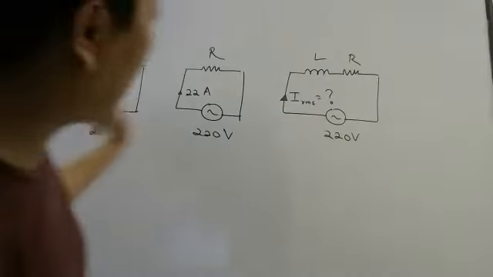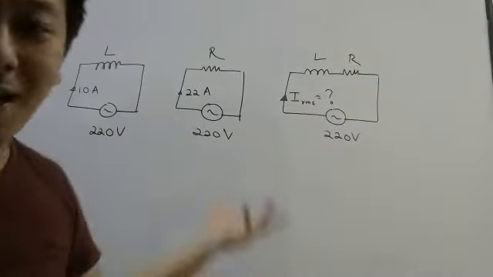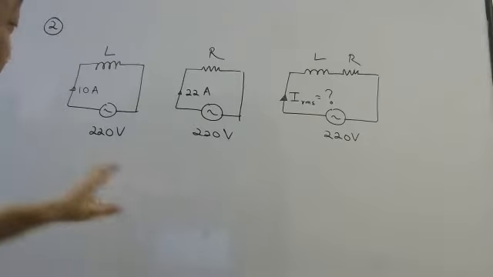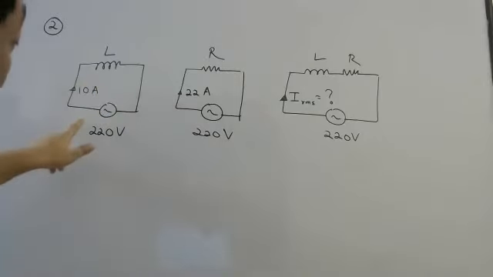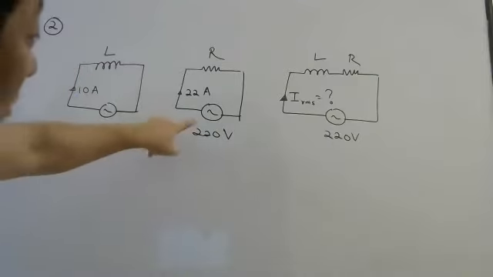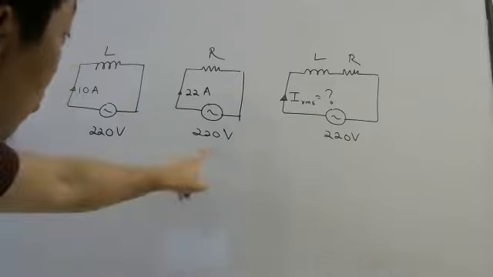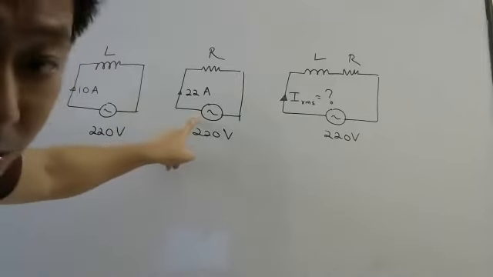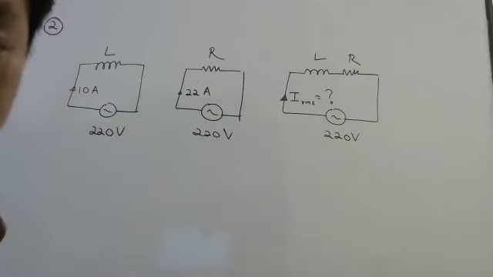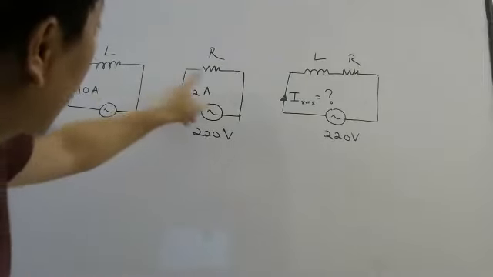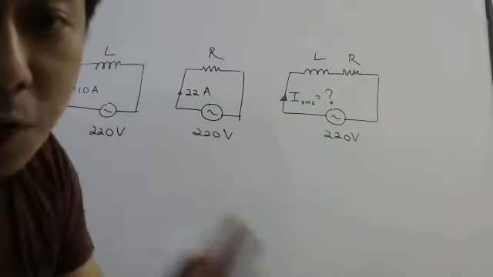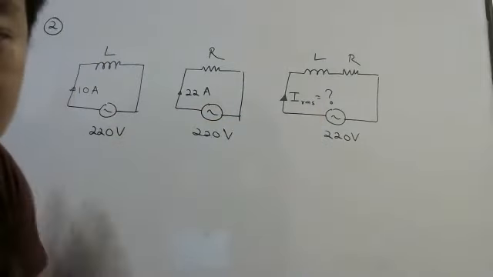So in the diagram, see how nicely I have given the question and asked also. So how will they say in exam, how will they write? They will say, when an inductor is connected to AC source, a current of 10 ampere flows. When the same source, why same? Because this is 220. When the same source is connected to resistor, a current of 22 ampere flows. Question is, when these two are connected in series to the same source, how much current will flow? Everyone, please tell me, question is clear or not clear?